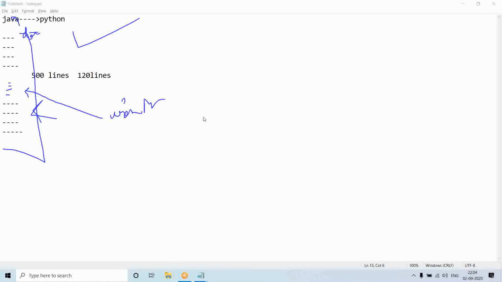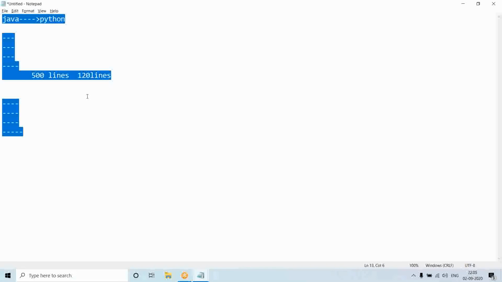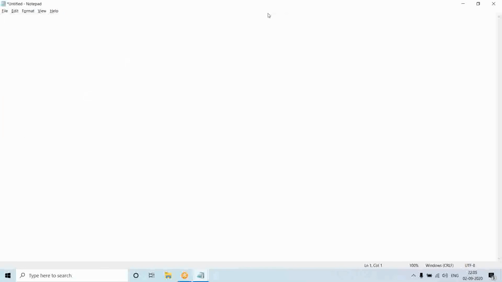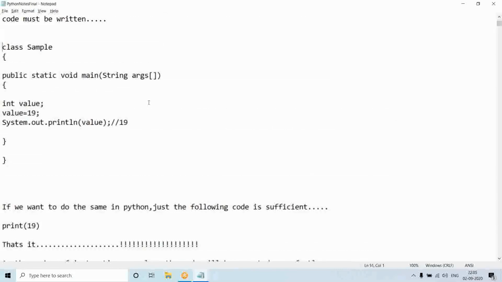So like that, even though I'm a Java developer or a .NET developer, I will definitely prefer to learn Python because it is helpful for me in this situation. It's very user friendly. That's the main reason why people are getting attracted to Python nowadays. Very, very simple. A small example I have shown, right? To print 19 in Java, see how lengthy the code is. But here, just print 19, that's it. So it's that easy.